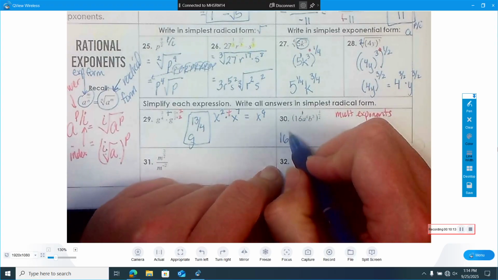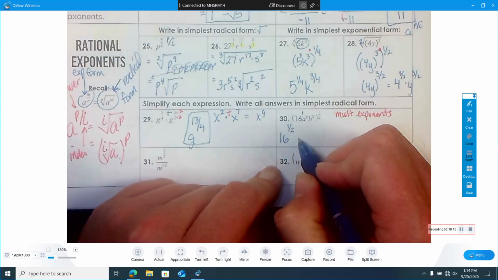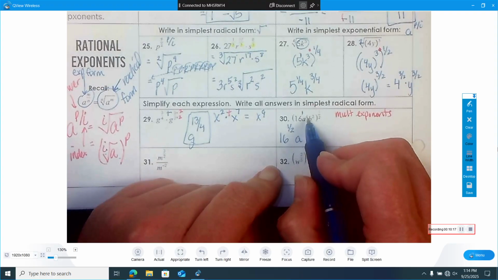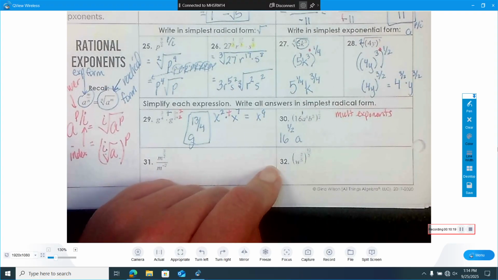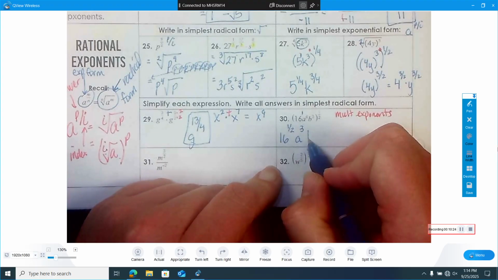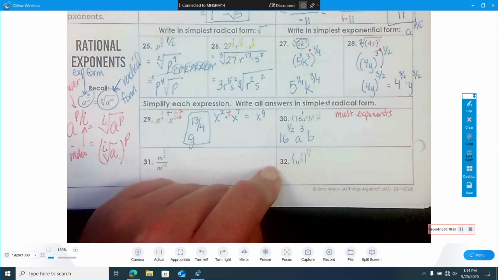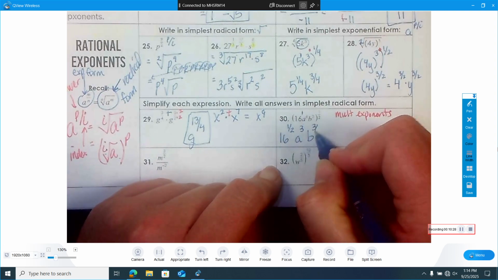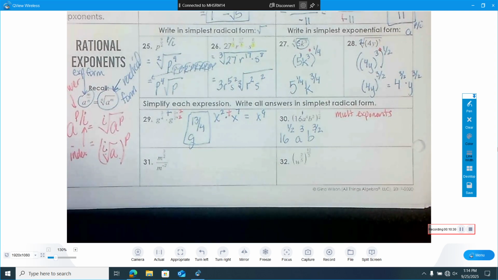1 times a half is a half. We have a base of A. 6 times a half, 3. Half of 6 is 3. And then B, 3 times a half is 3 halves. Very good. Really important that,